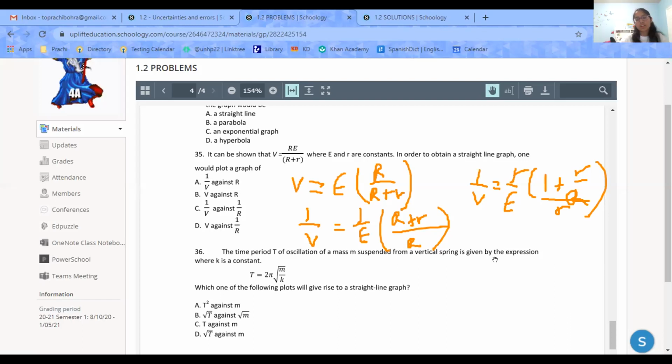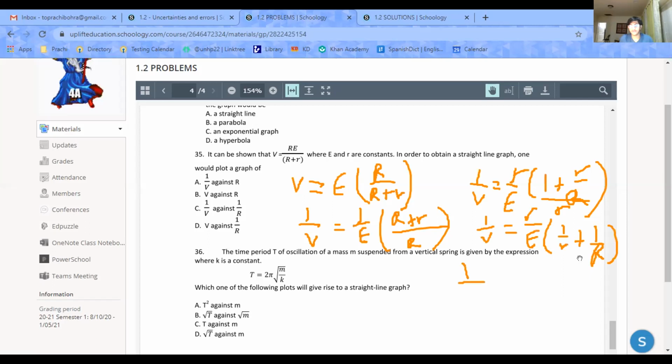So then where is our big R still there, or is it? So then what would happen is this, we can view this as 1 over v equals r over e times 1 over r plus 1 over big R, right? And what this allows us to do is now we can say 1 over v equals, so now we can distribute this, and this will be 1 over e, right? Because this r and this r will cancel. When you multiply by r over little r, wouldn't they become r squared over big R? Or no, actually they would cancel, never mind. Yeah, I see it.